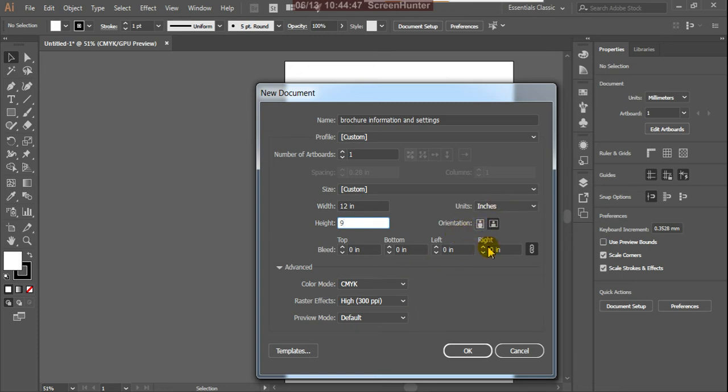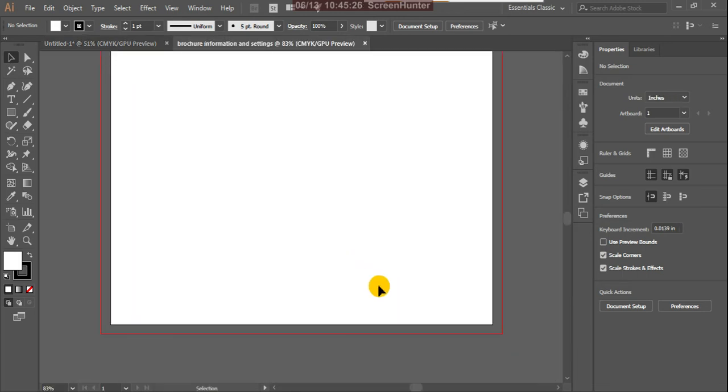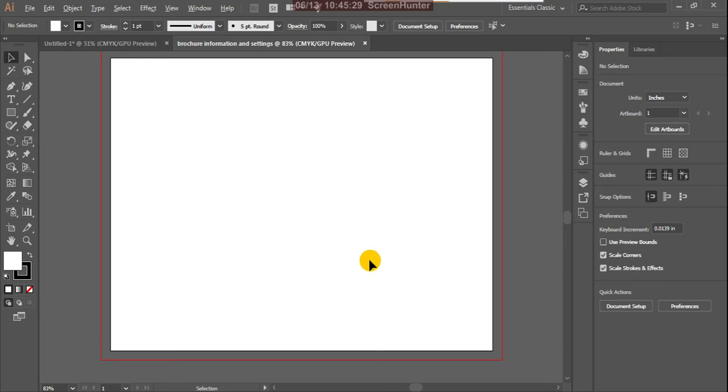And the artboard orientation we are taking horizontally, not vertically. Okay, and here the bleed area, the both side cutting marks, we are giving suppose 0.3. The color code must be CMYK, and resolution must be 300 only, because we are planning the brochure for printing. Okay, now say okay. Yes, this is your brochure area.